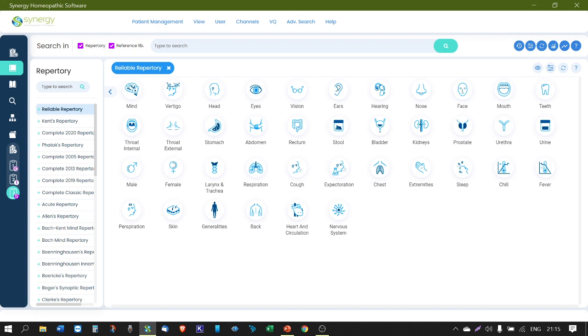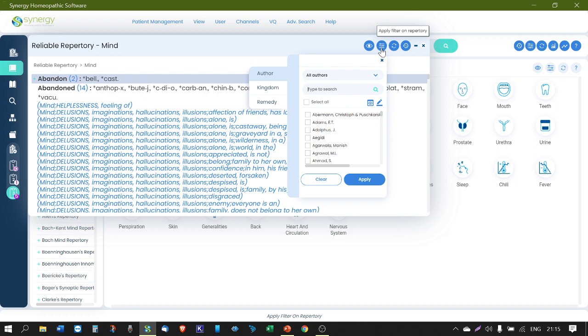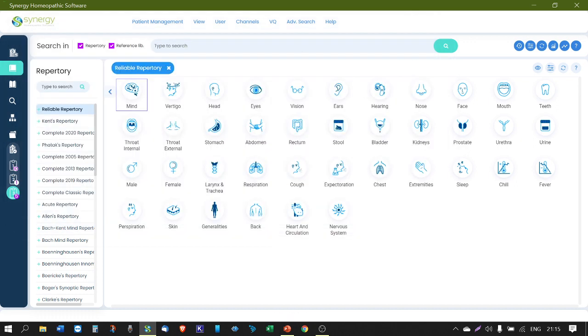In the earlier two parts of the video I showed you how you can go to a particular chapter and create a limit using the filter option. In the second part, I showed you how you can use some features from the advanced search for searching the remedies. In this video, you can limit the entire repertory section to a particular remedy or a particular family. Let's go and see how we can do it.